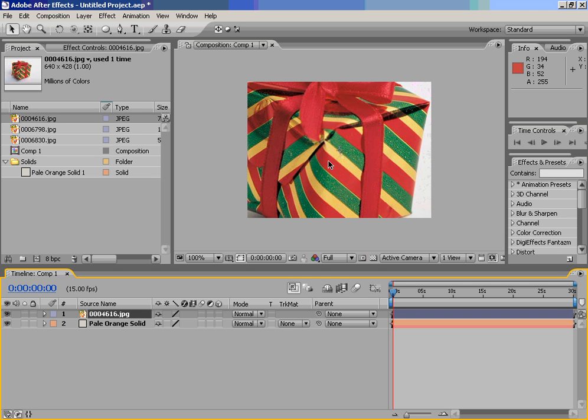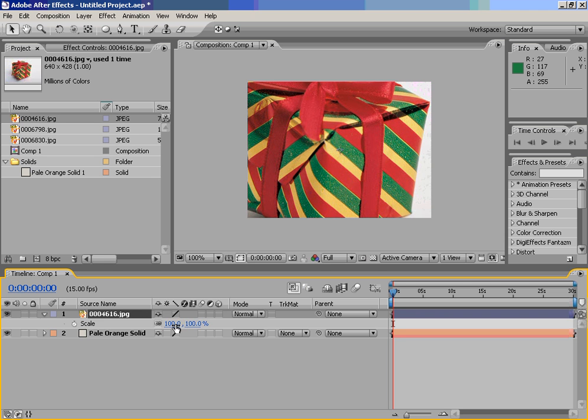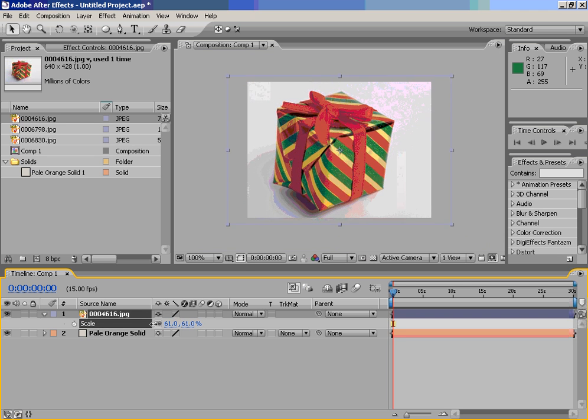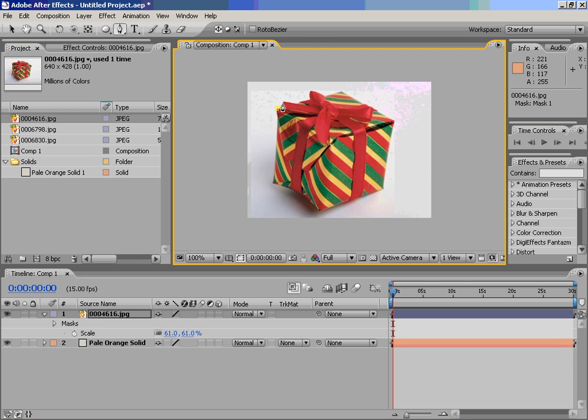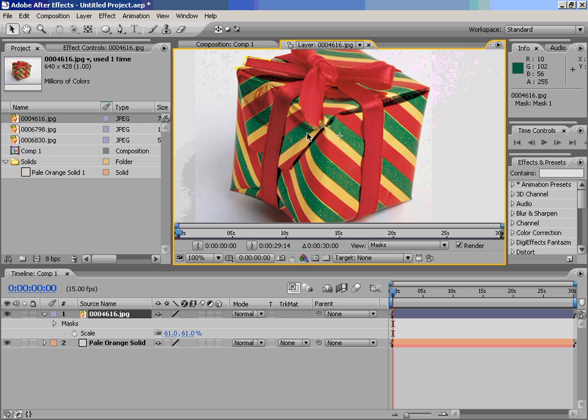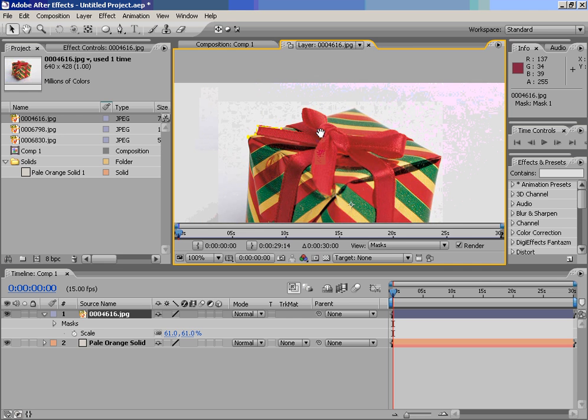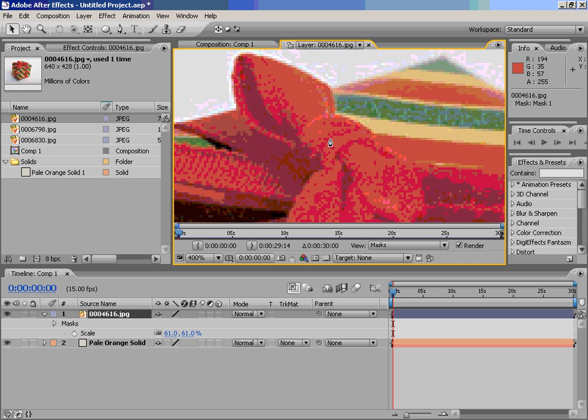Now my photo right now is a little bit larger, so I might scale it down so it actually fits, so I can actually see it on screen there. Now in order to add a mask to this particular object, what we need to do is choose the pen tool. Now we have a couple different ways that we can do this. We can just click on the object itself and start adding the mask, or we can actually double click on the object and go inside of it so that we have a little bit larger view of just that object